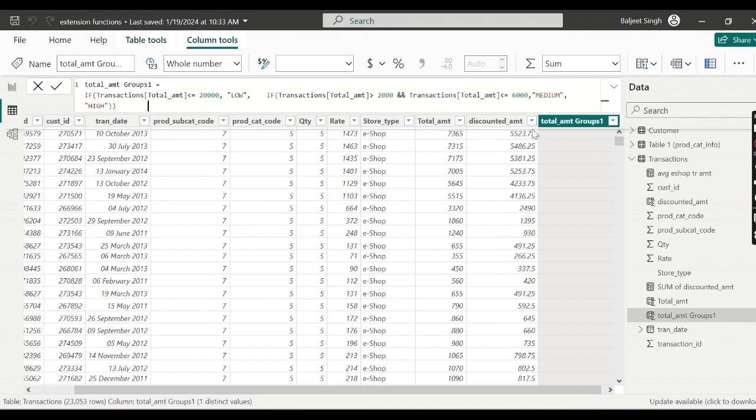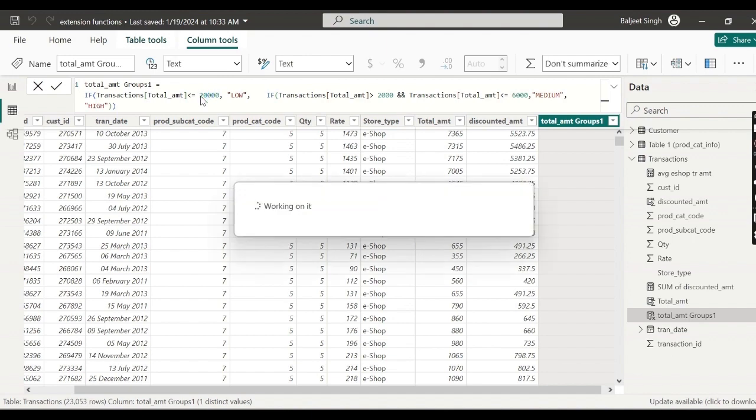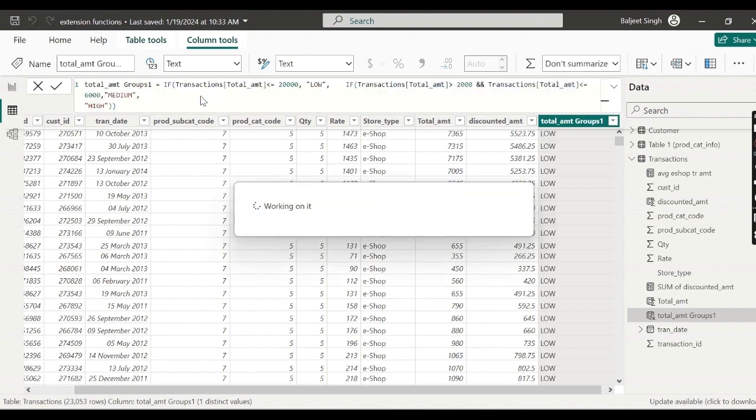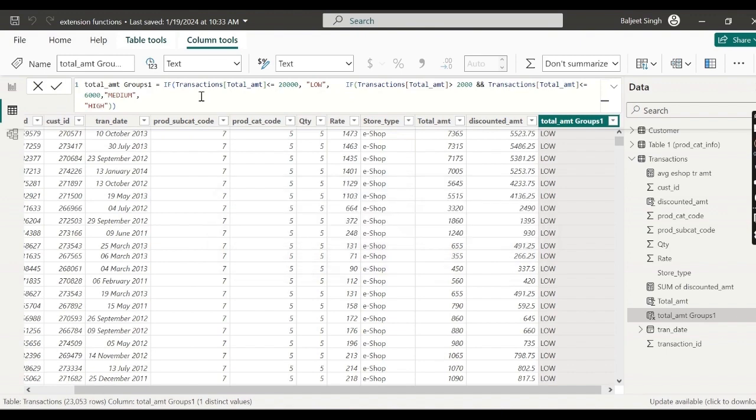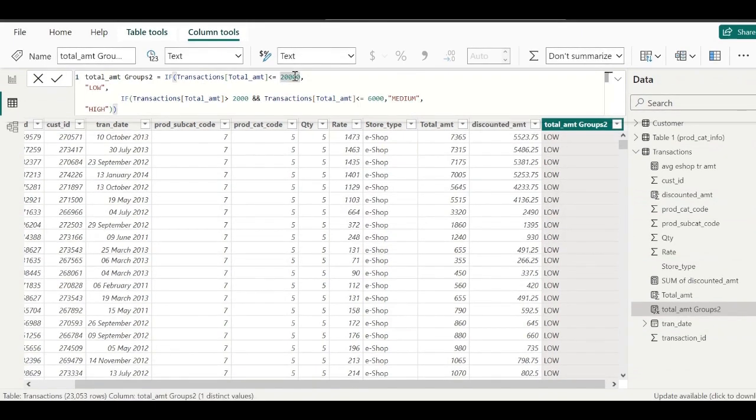So total amount group 7. So if you just hit enter, now it will process, it will work and will take few moments. And here we have just put it value 20,000. What we will do now? We can see all values are less than 20,000. We will convert it to 2000. So after changing, if we hit enter,